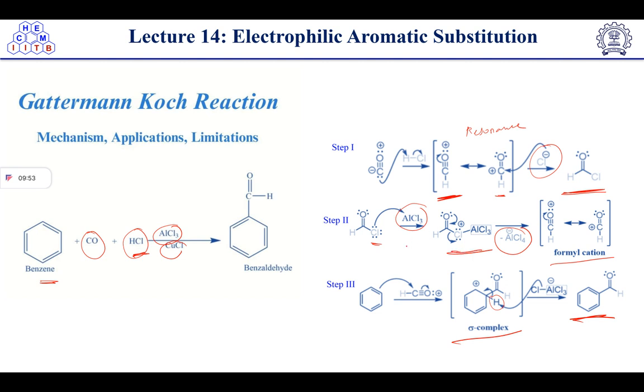After this one, now Cl minus is not that good a leaving group compared to AlCl4. Sorry, I was talking about the leaving group. So AlCl4 is a good leaving group. So it will initiate the reaction, and it will leave as AlCl4 minus and form the formyl cation. After the formyl cation formation, now this is an electrophilic center, right? Initially it was electron rich. Now it is electrophilic.